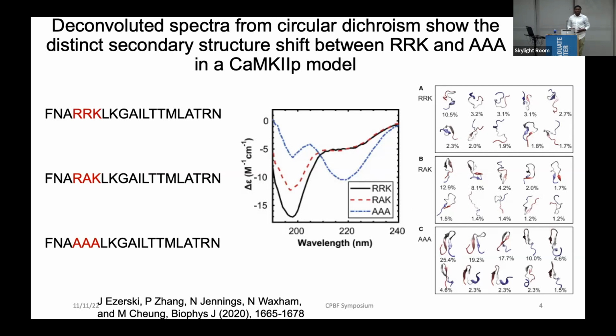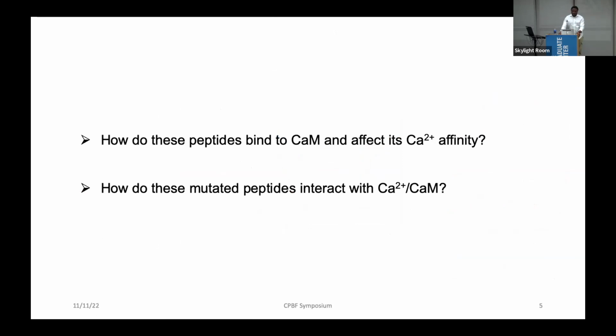From these observations, we then ask the following questions: how do these peptides bind to calmodulin and affect its calcium affinity? And also, we want to know how do these mutated peptides interact with calcium calmodulin? In order to answer these questions,